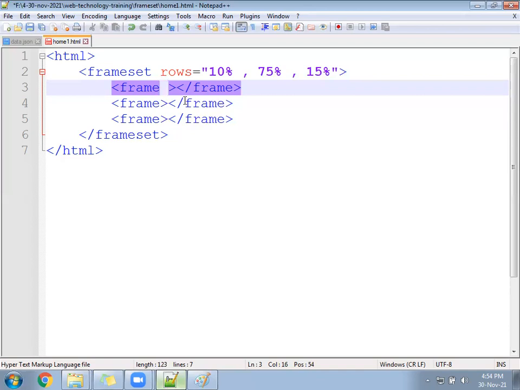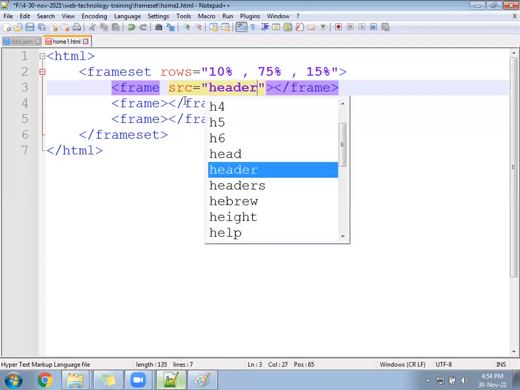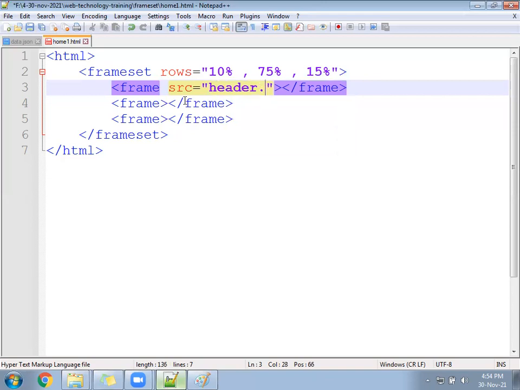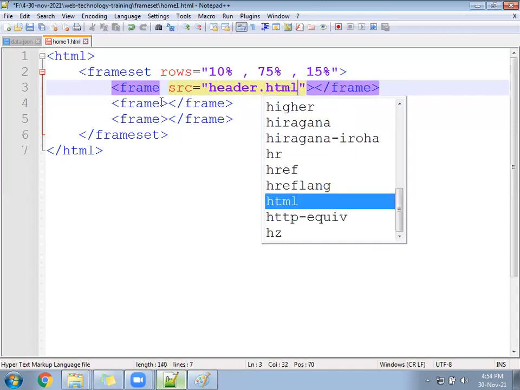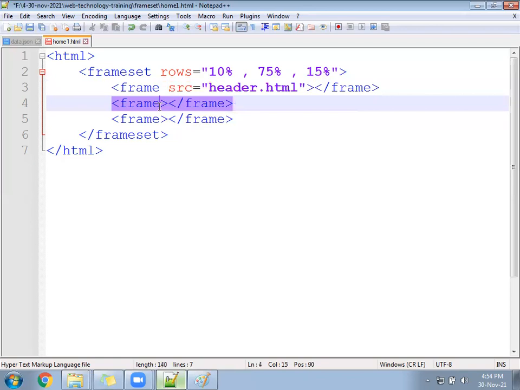Okay, so let's go. SRC means under the frame, we are going to call a file. SRC is short for source. What is the source inside? So we'll write a file here called header.html. File is not there as of now. No problem. We will be creating it.